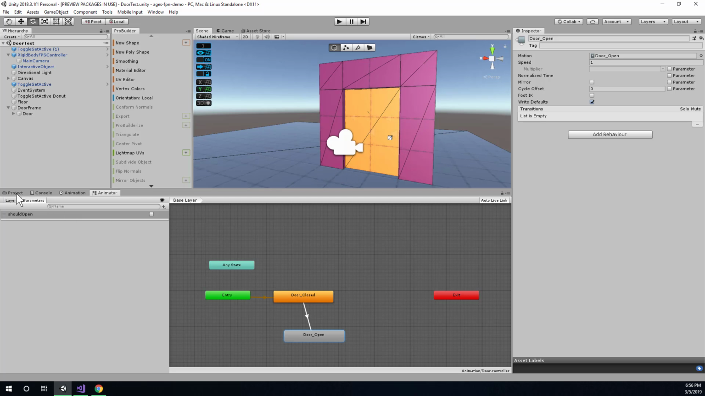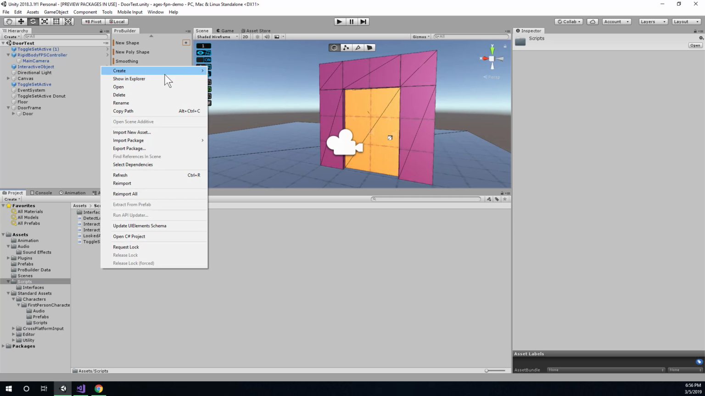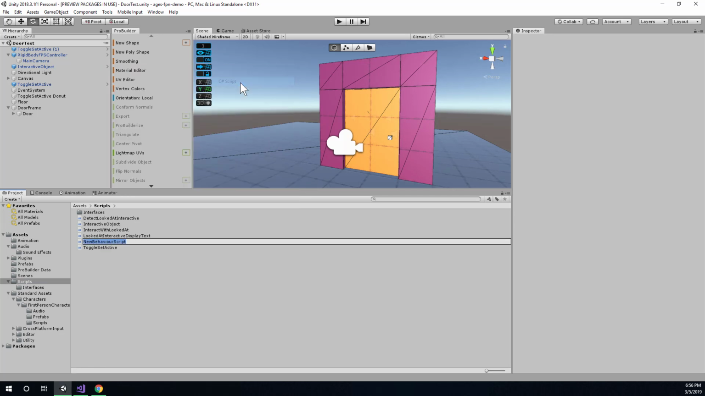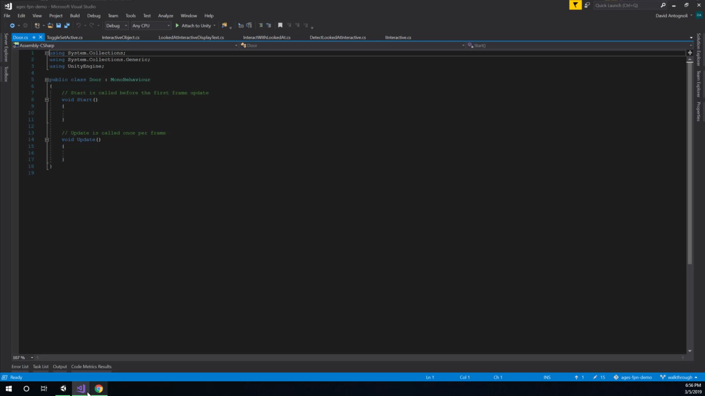When we want to do functionality, that's when we want to write a script. So let's go to our scripts folder, right click, create C# script, and I'm just going to call this door. Once it's done creating that script, I'll double click it to open it in Visual Studio. Alright, here we are in our brand new door script. I'm going to delete start and update